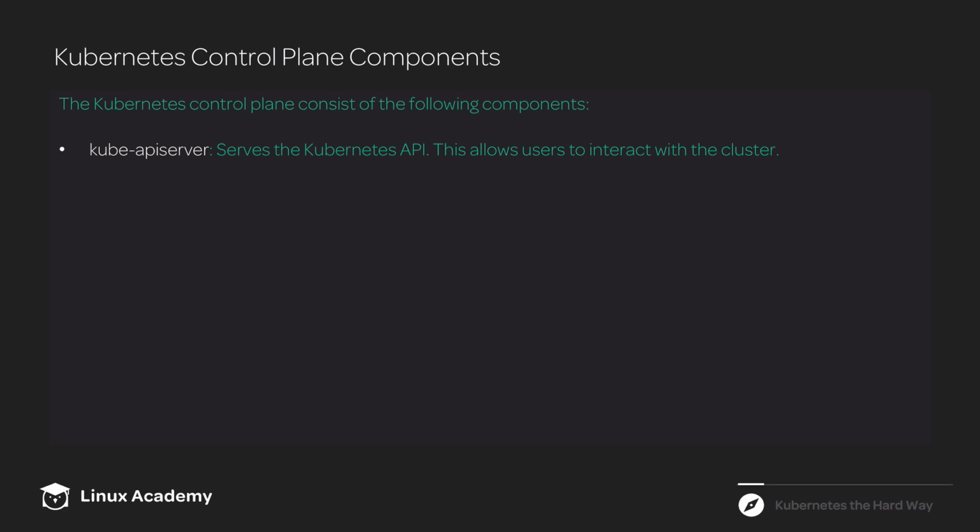Even if you use kubectl on your local box, kubectl is communicating with the cluster using the API. So pretty much everything happens over the API. The API is the interface to the Kubernetes control plane and ultimately to the cluster itself. So Kube API Server is simply a service that serves and runs that API that allows us to interact with